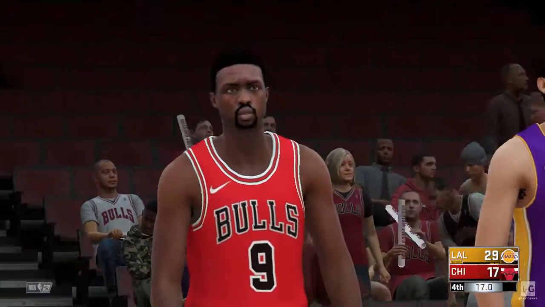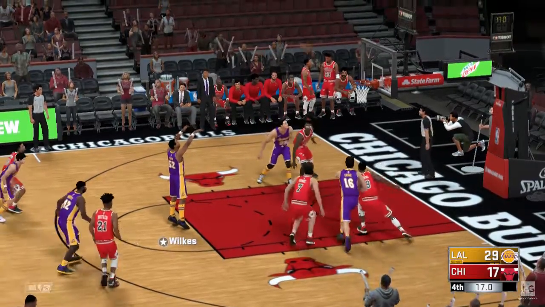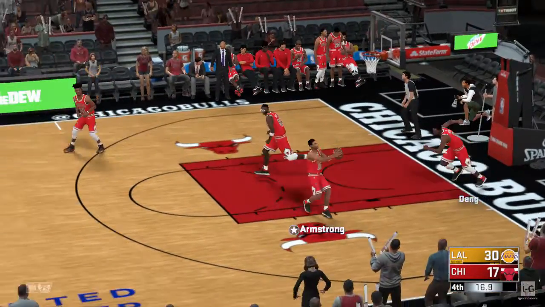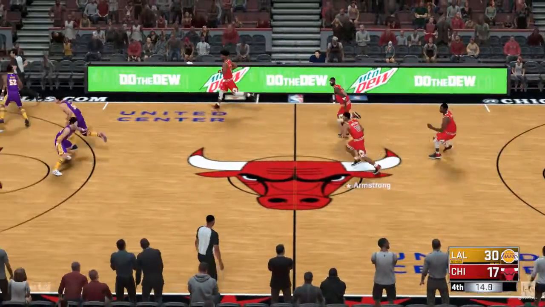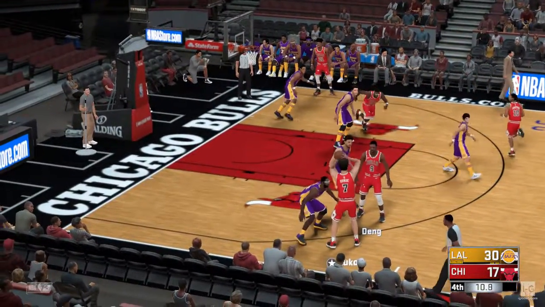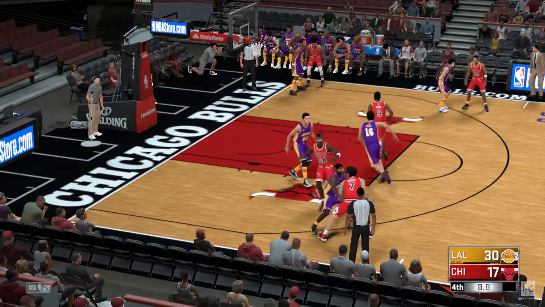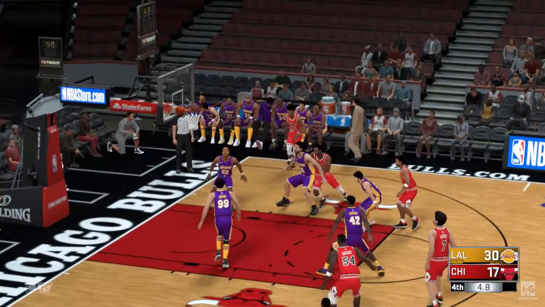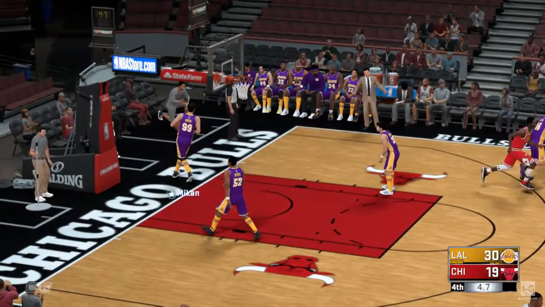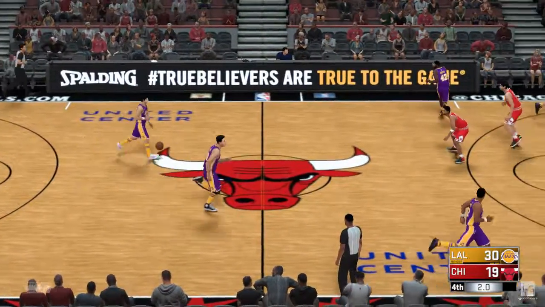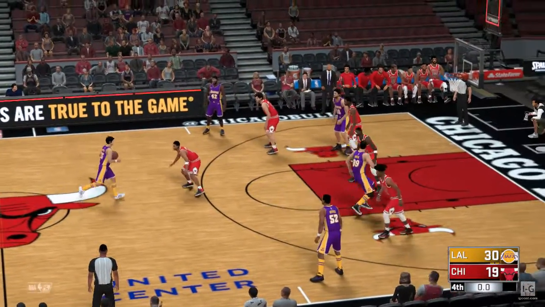And a lot to like about that play, particularly how it ends. Yeah, at the rack. That's what you want in transition, a high percentage look. Armstrong kicks to Dang. Grant with a screen on Worthy. Here's Kukoc. Great use of the pick to create room for the jumper. Superb pick there that allowed his teammate to get open and get a clean look at the basket.